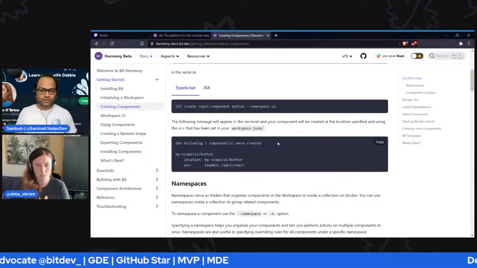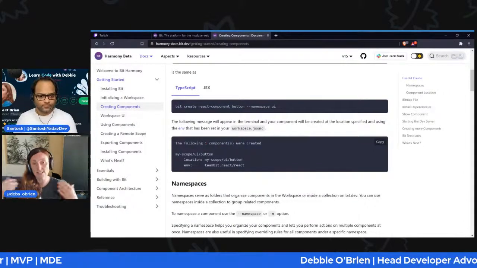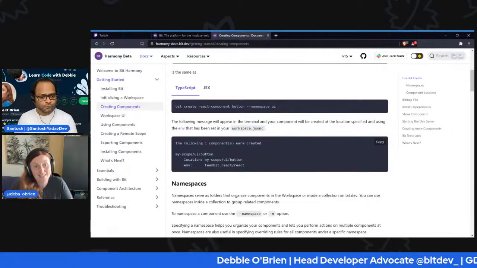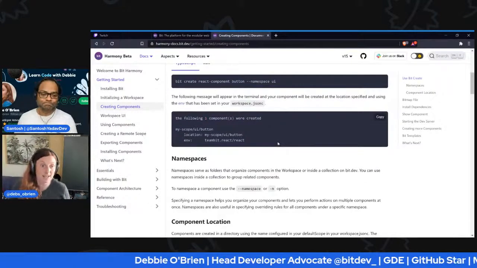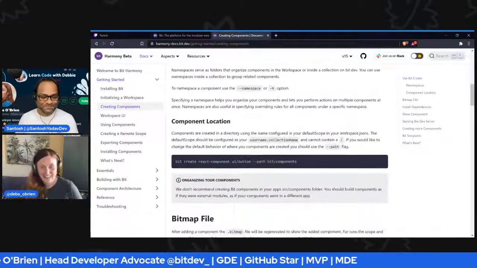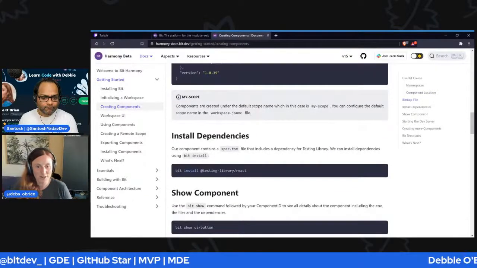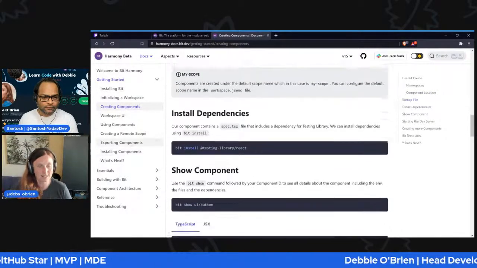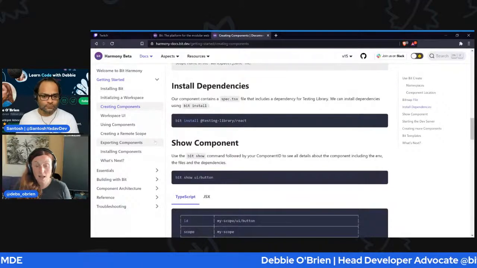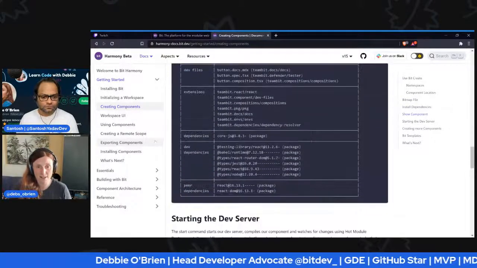It's going to give you the composition folder, the docs folder, and the test files. Obviously it's going to write a test for you, but you need to go in there and make that test a better test, right? It's a dummy kind of test. Yeah, you need to do some work as a developer. And yeah, this creates it for you. If it's React, you install the testing library so that the test will pass. And you can run bit show and see what was created for you, and look at the files.